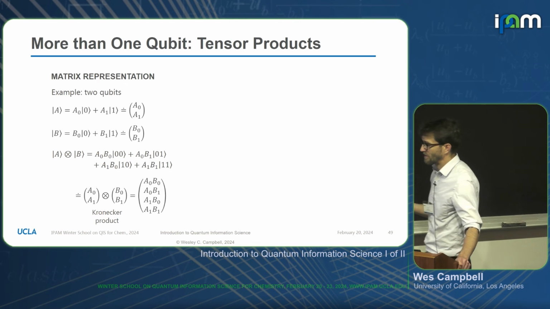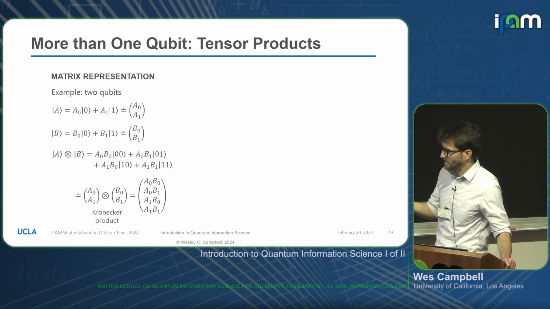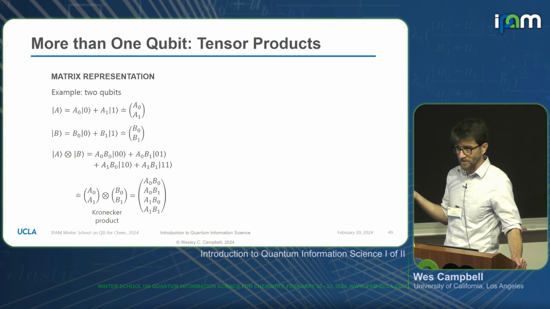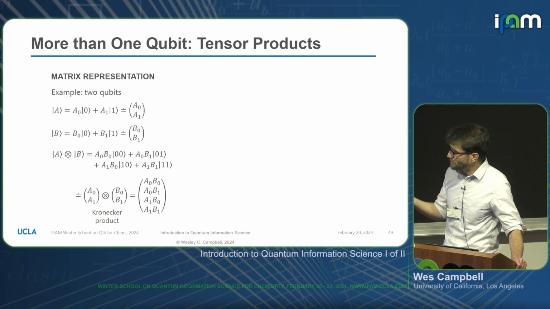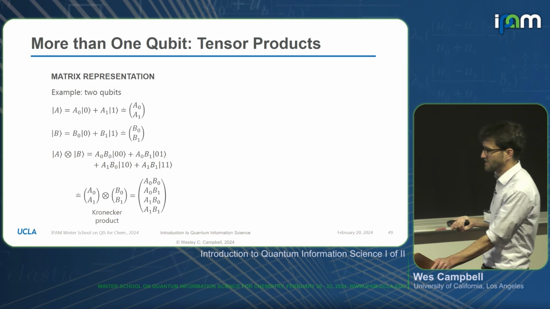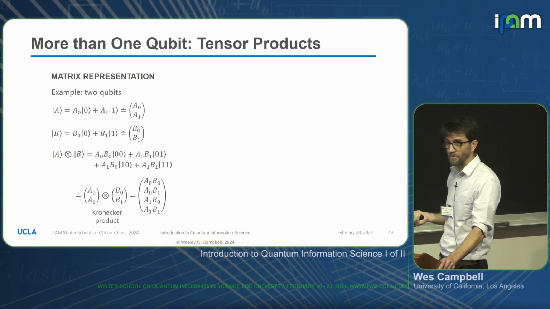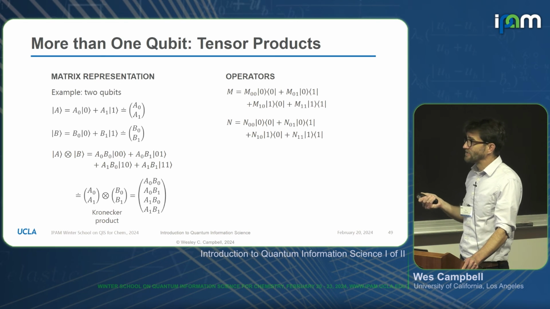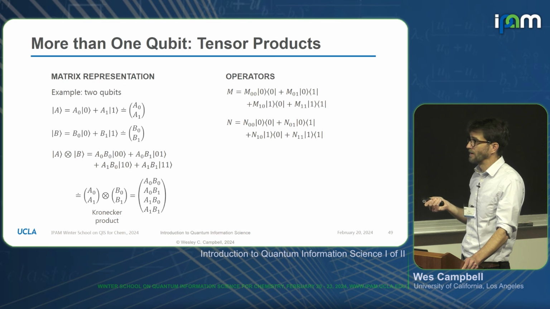In terms of the matrix representation, it would look like this column vector. It's now a 4-entry column vector. So we had 2 qubits, and we're going to have 2 to the n entries in this vector for n qubits. And that fancy times symbol corresponds to something called the Kronecker product of those 2. For operators, if we have 2 operators that look like this for single qubits,